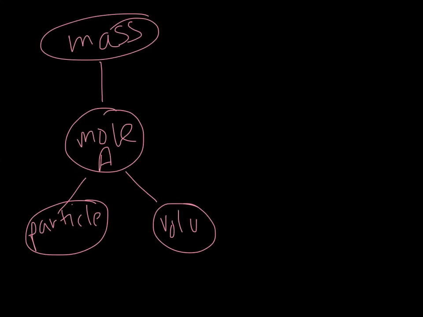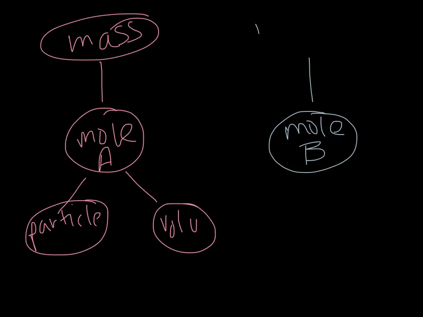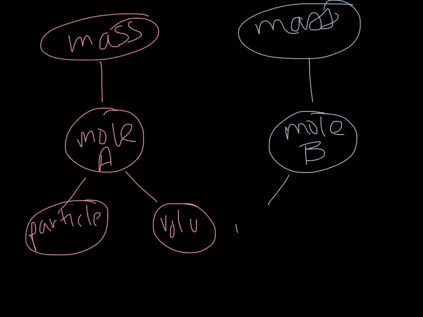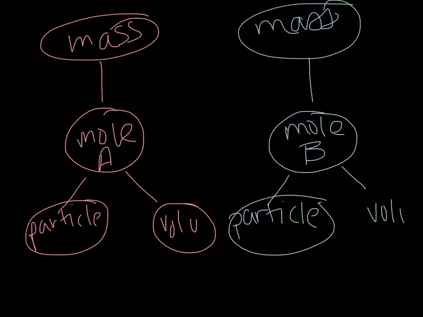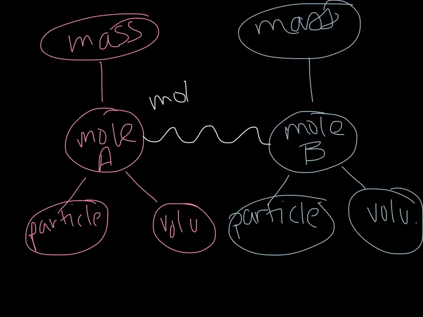Now to get to my compound or element B, I have to have a new mole town with a new area for mass, a new area for particles, and a new area for the volume. Okay. To get from moles of A to moles of B, I had to cross my mole-to-mole bridge,